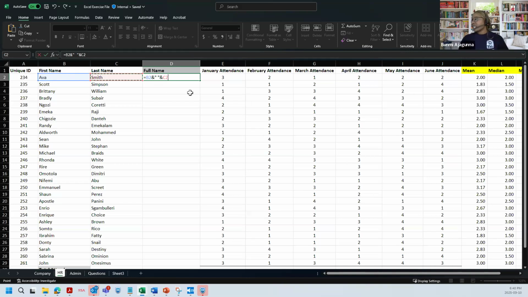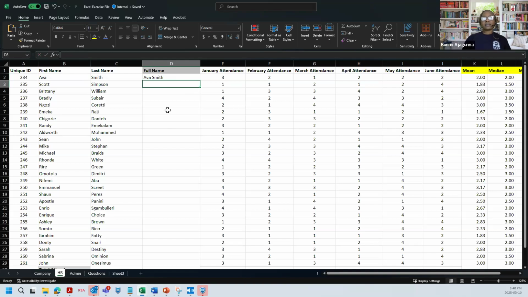Now, the question in the chat is, does concat have an advantage over concatenate? No, it's the same thing. It's just one is shorter when you type it in. The exact same thing. It all started with concatenate, and then about 2 years or 2.5 years ago, there was an upgrade in Excel and then it just changed to concat, but it's exactly the same. It's just a short form. And then once you have that, so back to the training, this is what you have, and then you press enter and you have Ava Smith.